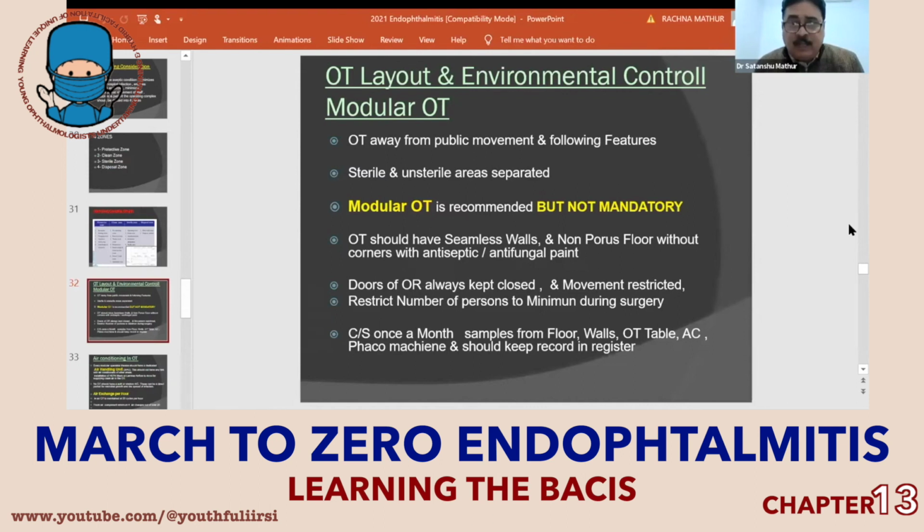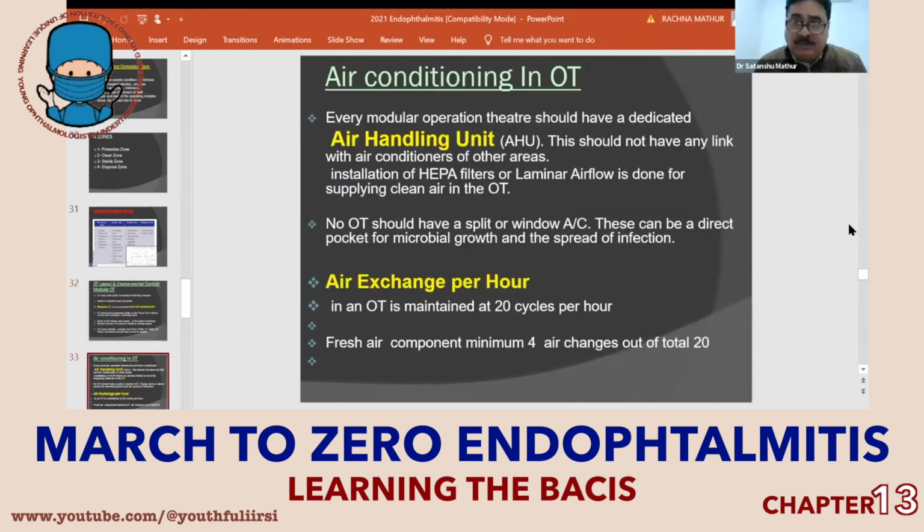Culture and sensitivity is very important. We should take samples from the floor, wall, OT table, AC, and phaco machine, and keep recording the data, just as we maintain an autoclave register. Every month we should get the samples done. Every OT should have an air handling unit that is separate for that OT, and no split or window AC